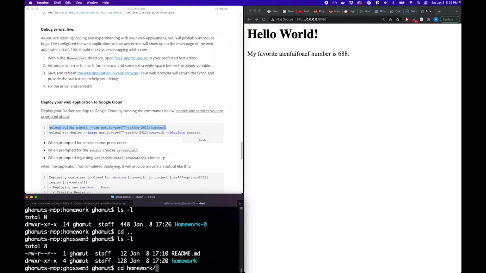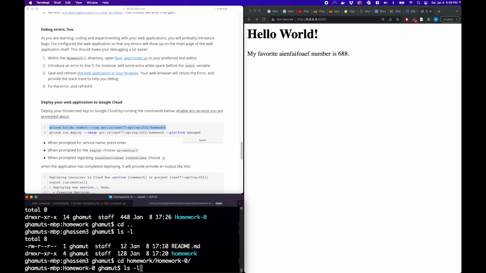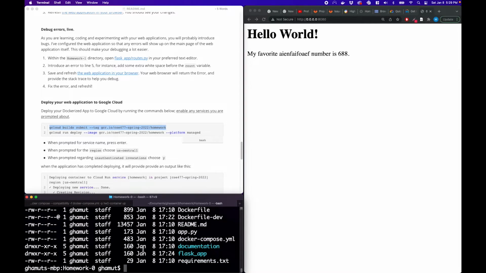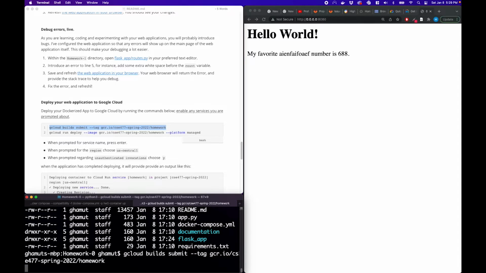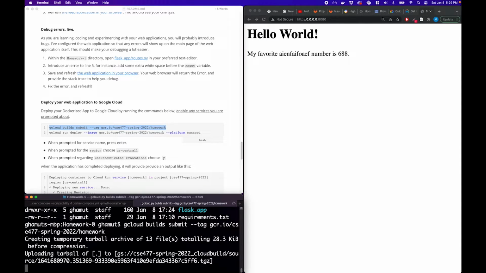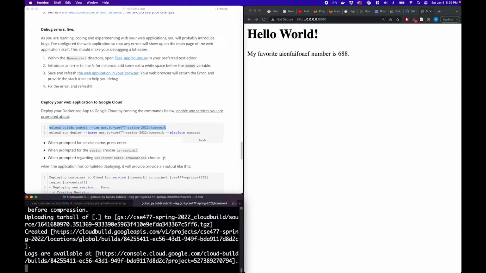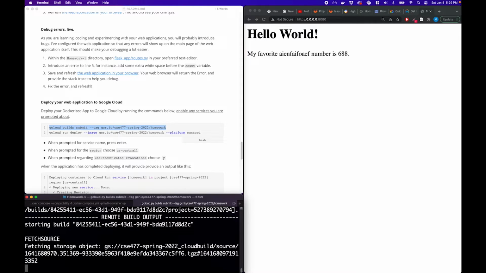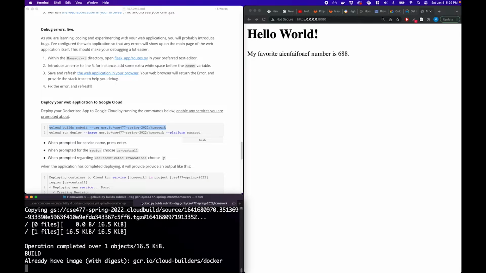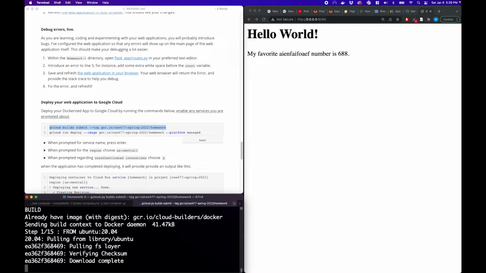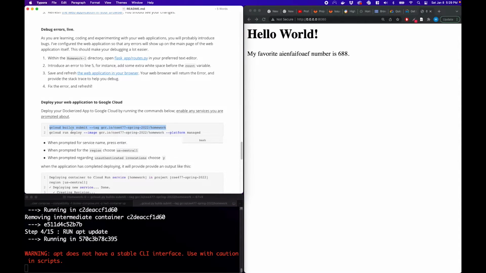So let's come to homework 0. Yeah, we want to be in the homework 0 directory when we run this. Okay. So we have gcloud build submit, and I want to note that the first time you do this, you're going to get blasted with a bunch of questions about enabling services. Say yes to those requests. They're just turning on all the necessary subcomponents of the cloud that are required in order to actually launch one of these. When you do gcloud build submit,